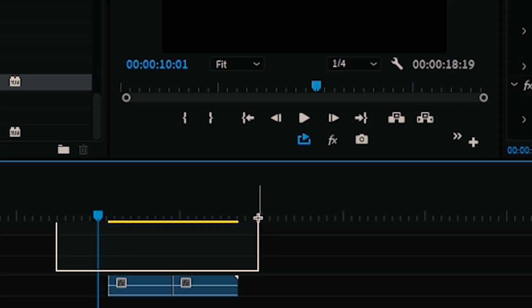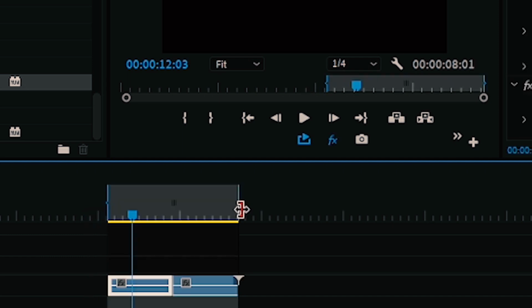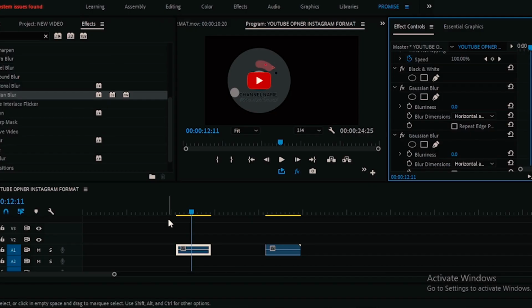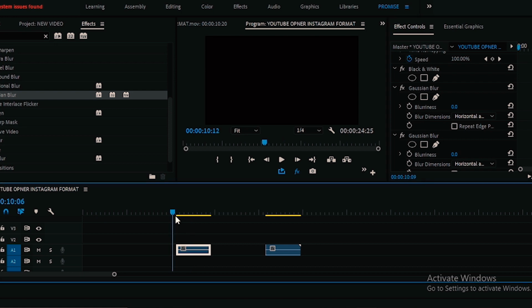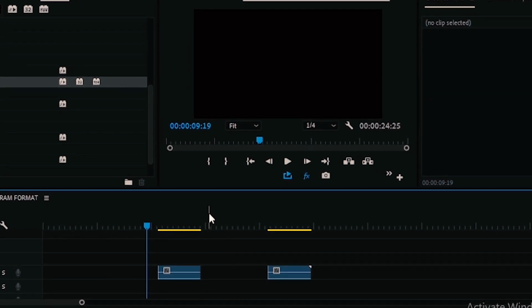You can see this yellow line at the top. This is something you also need to pay attention to. The yellow here is simply telling you that this clip is actually ready to be processed, meaning it has already been rendered. Most times, the more effects you add on the clip, you will notice this yellow line you see at the top of this timeline